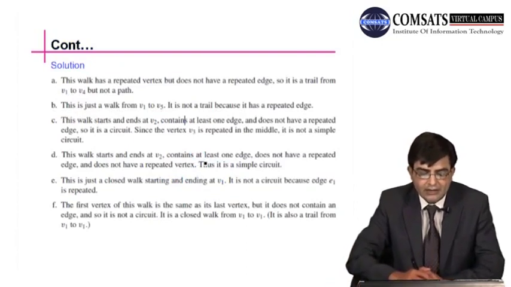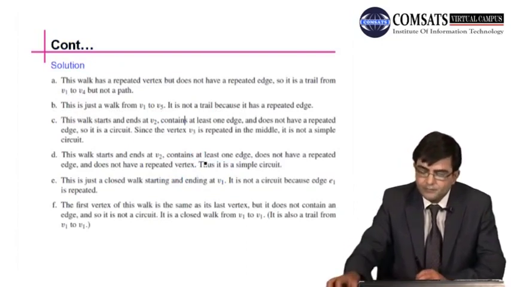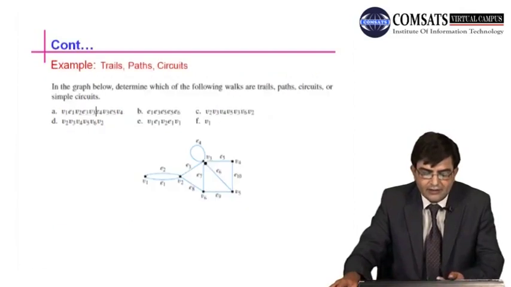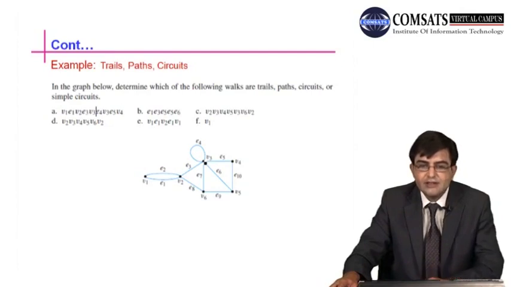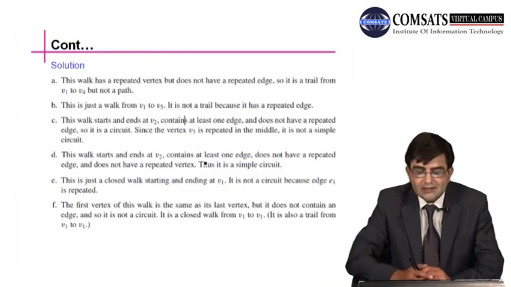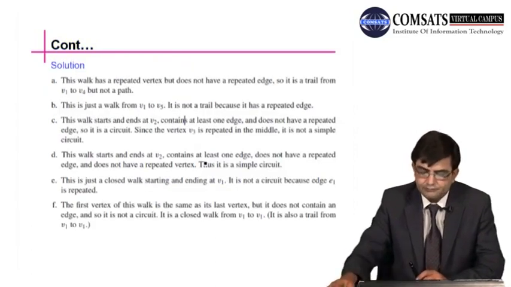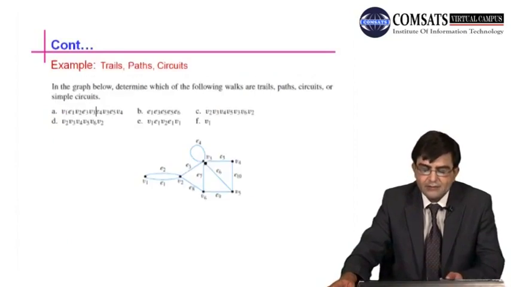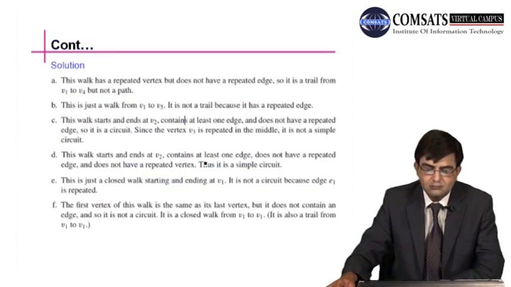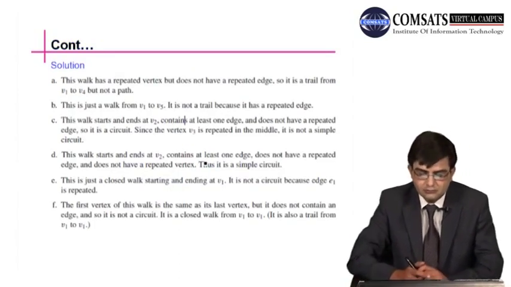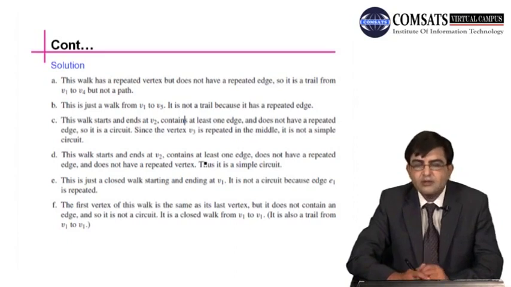In part A, the walk has a repeated vertex. V3 is repeated here, it comes 2 times, but it doesn't have any repeated edge. Since it doesn't have any repeated edge, it is a trial. Therefore it is a trial from V1 to V4, but it is not a path because